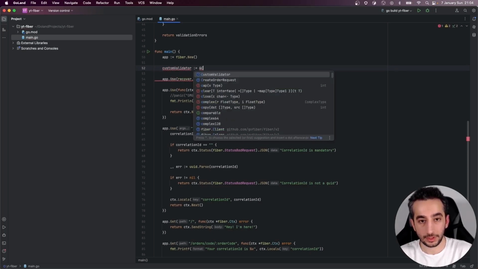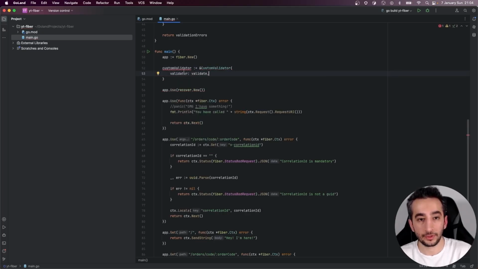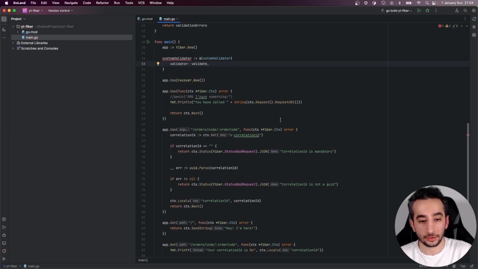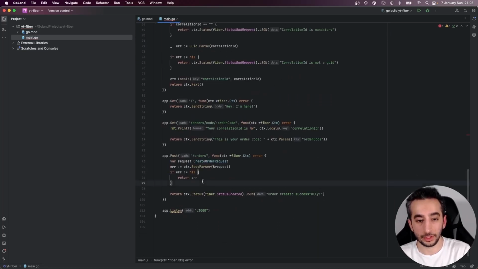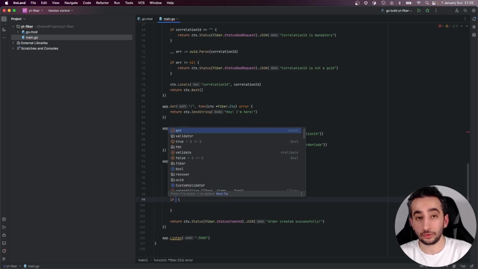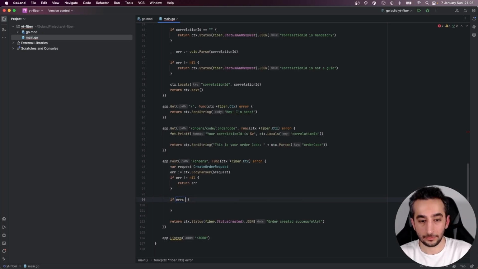Yes, custom validator, and our validator is validate. Okay, now that we have our validator, let's go to our post endpoint. Where is it? It's here. Cool. Okay. In here, if you have any errors in our validations,